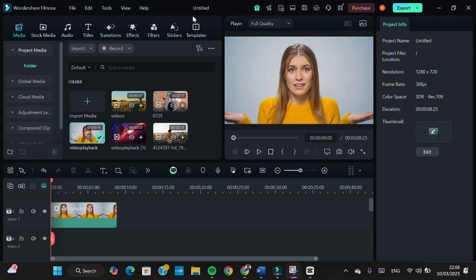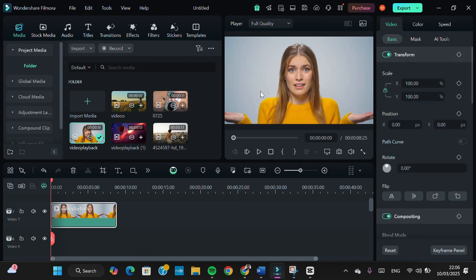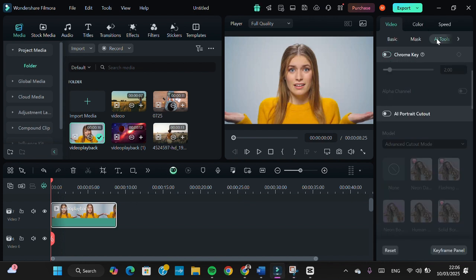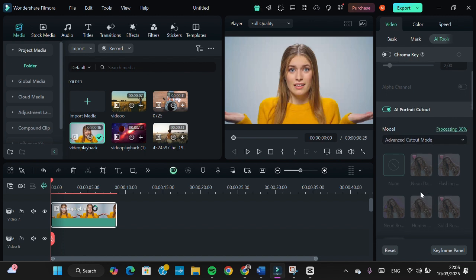And first of all, I'm going to remove the background of this video. I'm going to click on my video and we can go to the AI tool. And to remove the background of this video, I'm going to use this feature, AI Portrait Cutout. We can click on this toggle button to apply this feature to our video, and we can monitor the process here. We just need to wait until 100%, and after the background has been removed, we're going to apply the